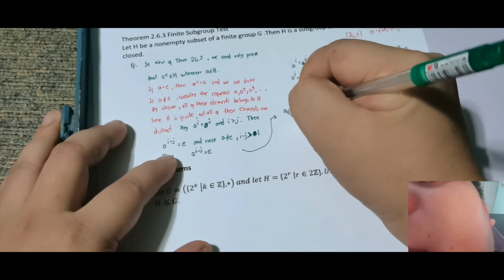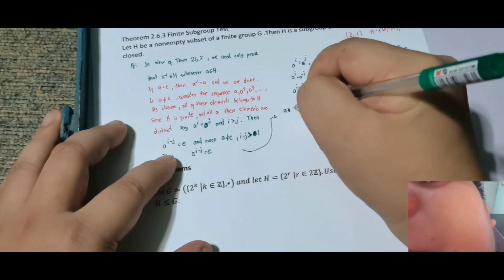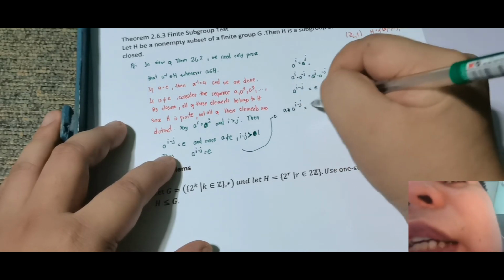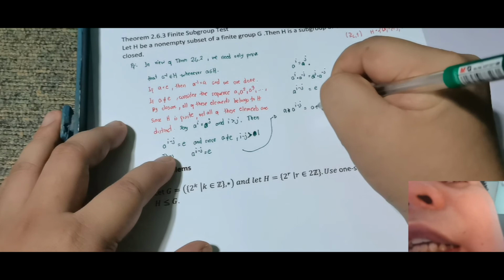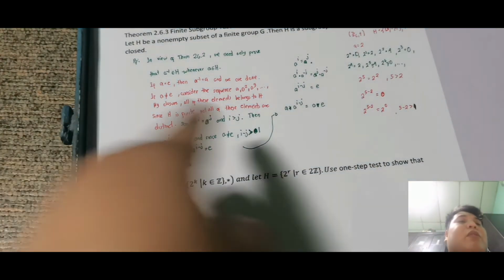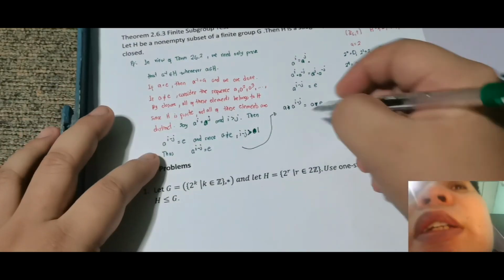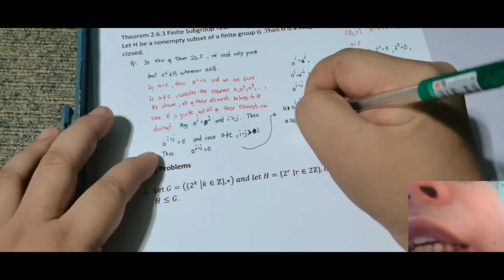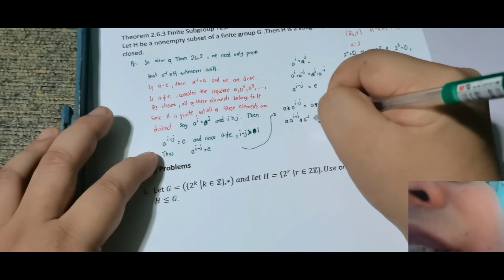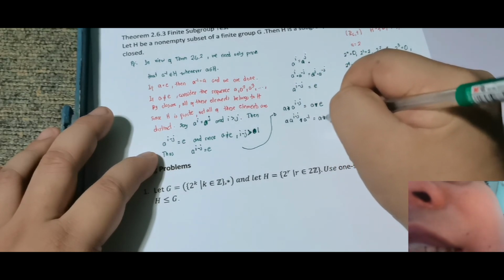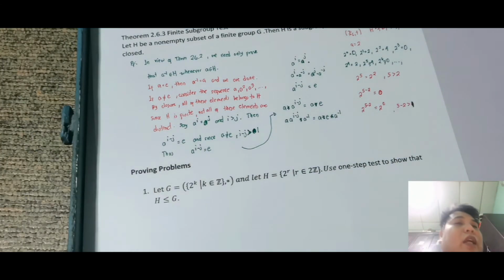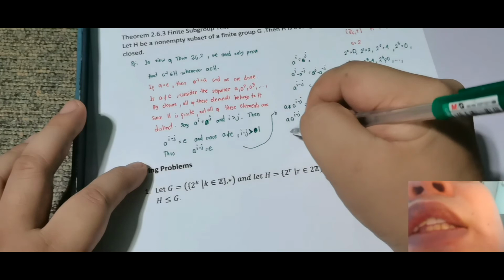Magmumultiply ako ng a dito asterisk a raised to i minus j equal to a asterisk e. So mag-multiply ako sa left side. Okay, next is mag-multiply ako sa right side ng a inverse. So this is a raised to i minus j asterisk a inverse. Dito naman is a asterisk e asterisk a inverse. So ginagawa ko lang. Next is anong nangyari dito? This is just equal sa